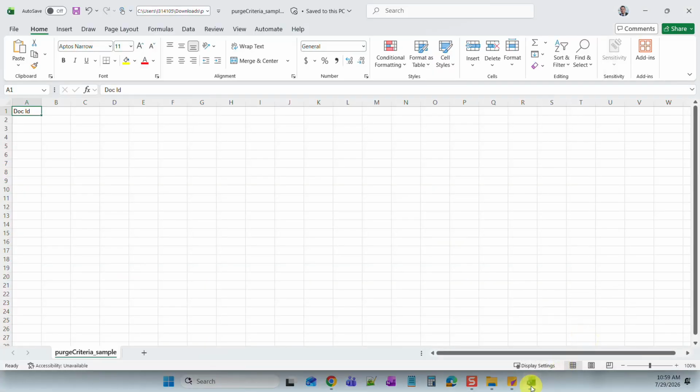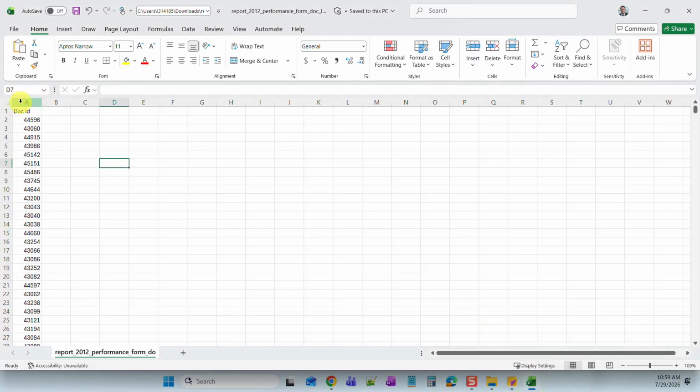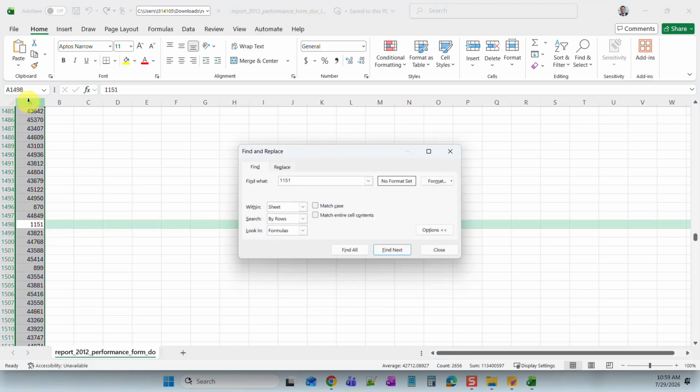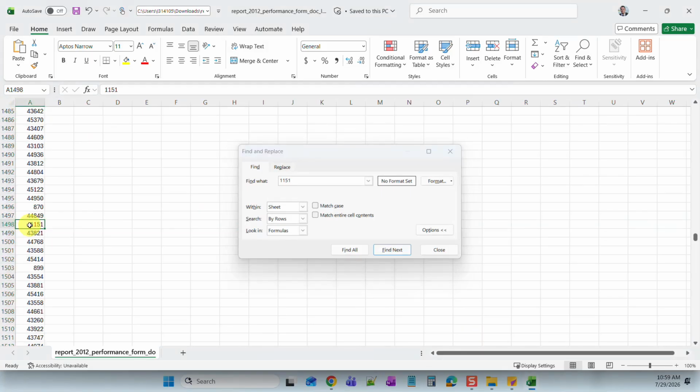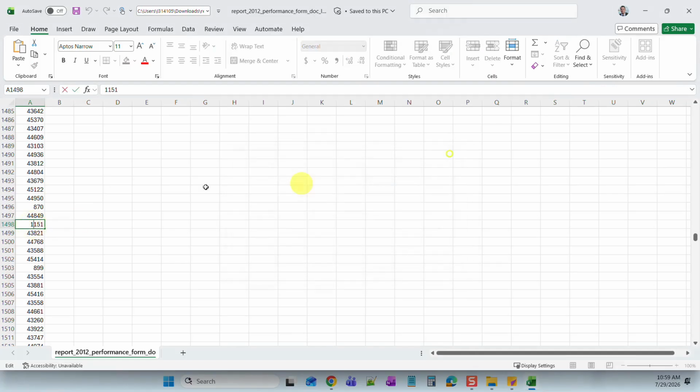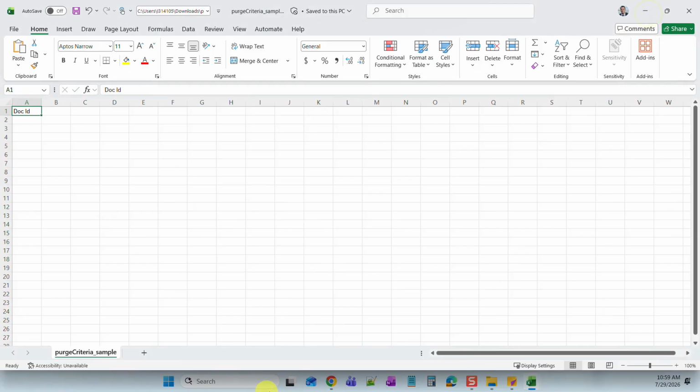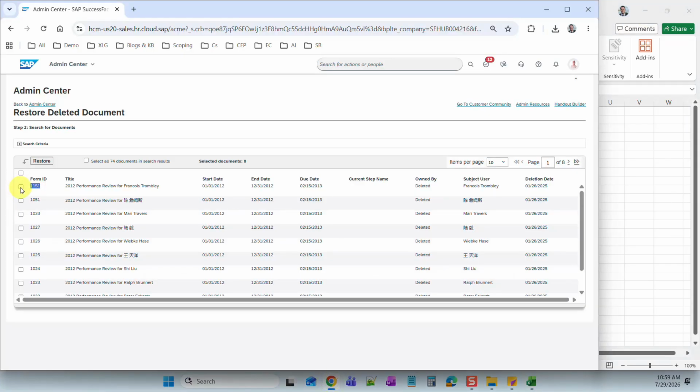Maybe not. Could be a leading zero issue as well. Yeah, no, it was in here, so I'll have to figure out what happened there. But you really want to make sure that you purge all these. So when I find out why it didn't get caught, through the error message or maybe in the logs,